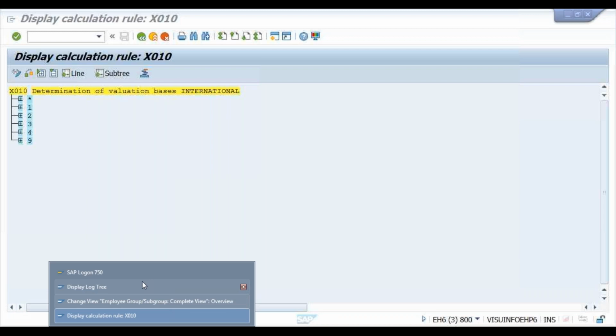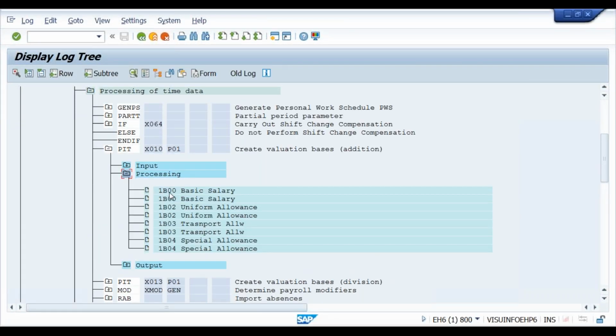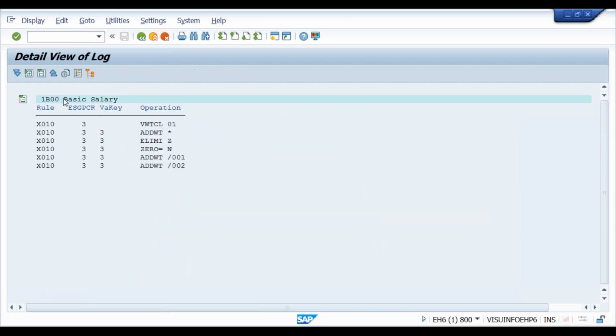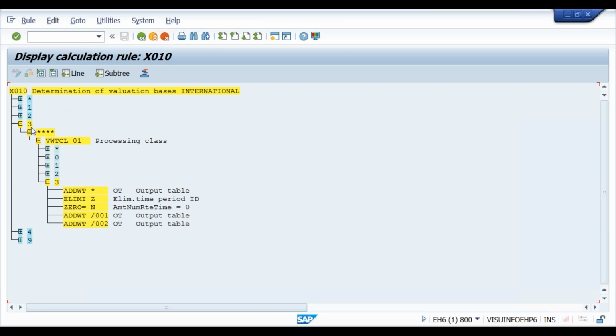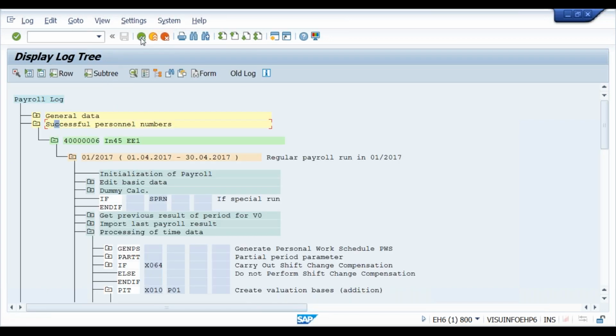Now if you look at this, you have your waste type 1B00. Where is it going in this rule? It is going through 3, and 3 has some logic and that is executed. Forget about what logic we have here. What is this operation? We're going to learn it later. But it is executed through 3. If this waste type had 1, then it would have been executed through this one, and that logic would be applied. So this is the importance of the employee subgroup grouping for PCR.